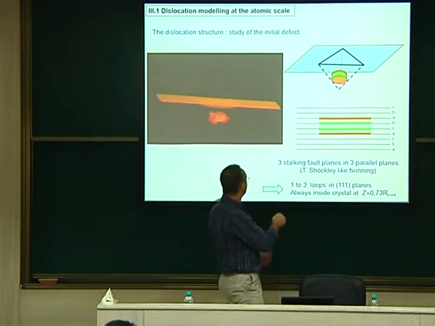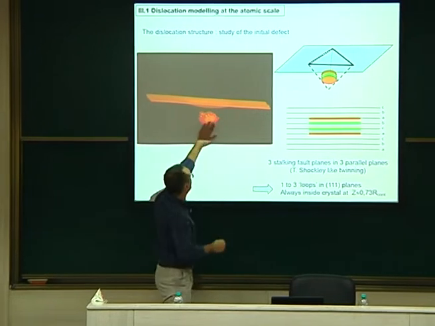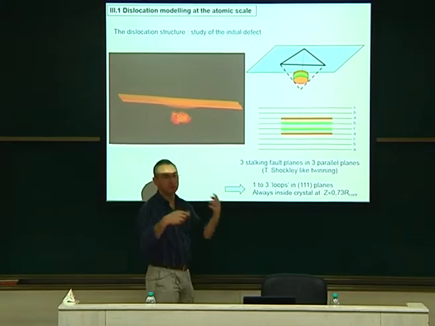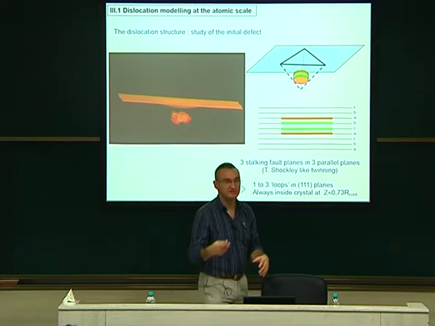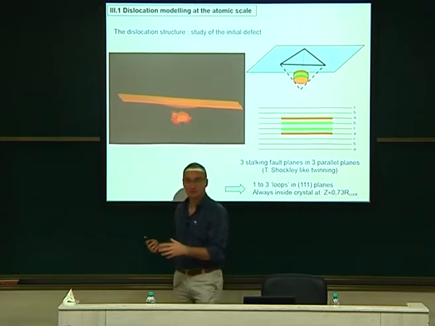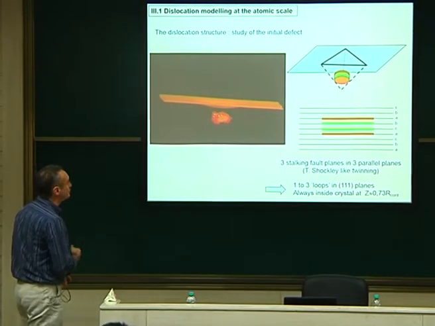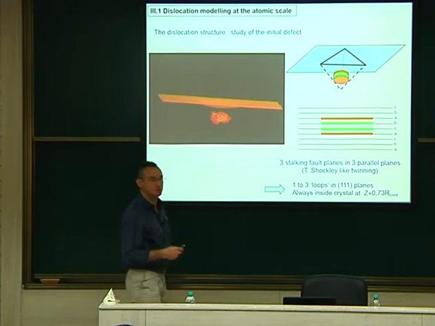And the dislocations were, so this is the initial defect. The initial defect was made of this thing in 1, 2, or 3 planes. It could be the 3 planes, or only 1, or only 2. This depends a lot on where my indentor is located. So depending on the location of the indentor, I may have fewer loops. This is just, let's say, a numerical noise in the simulation.